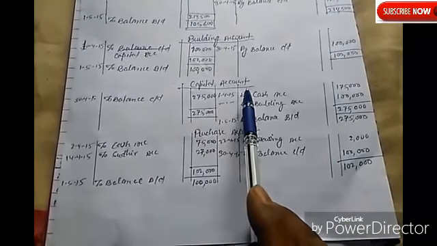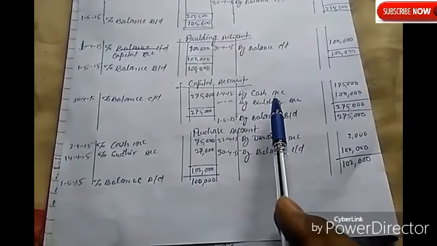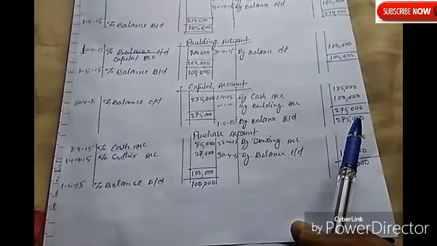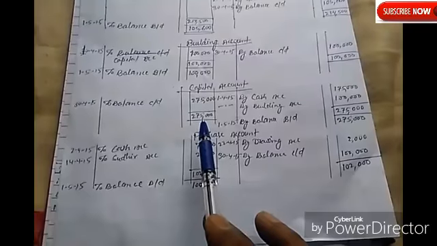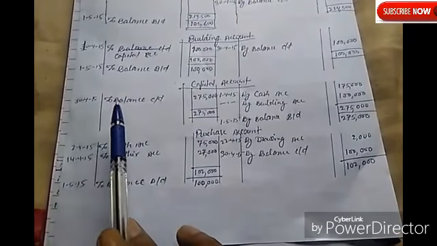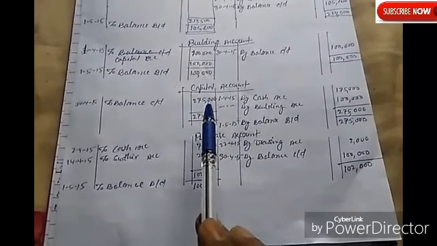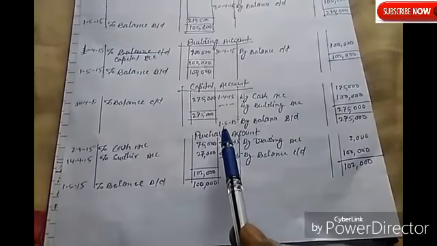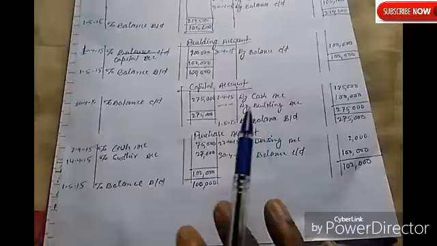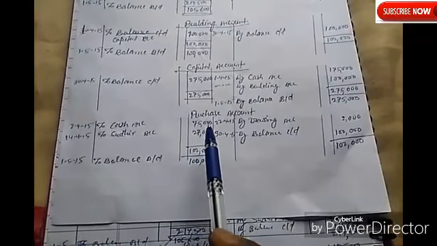See another account, the capital account. Here is nothing. This side here is By Cash 170,000 and 100,000. That means total 275,000 here, 275,000 here. So it will be balanced on the end of the month: To Balance Carried Down 275,000. That will be transferred to the next month, 1st May 2015, By Balance Brought Down. This is the same. So we will consider it like that.